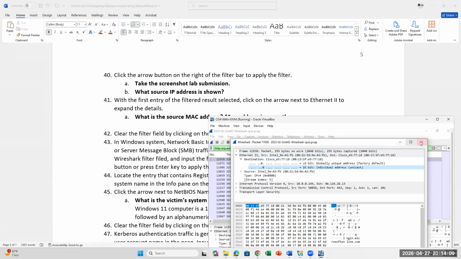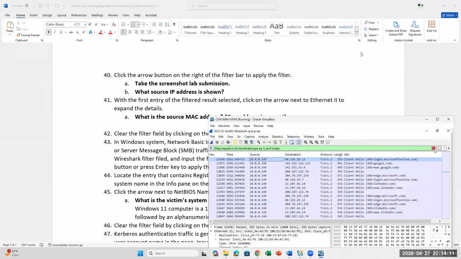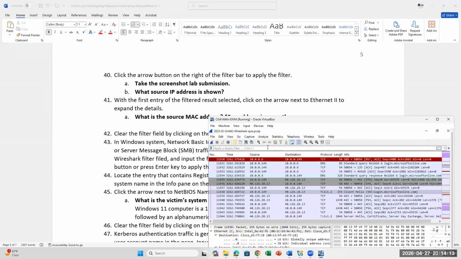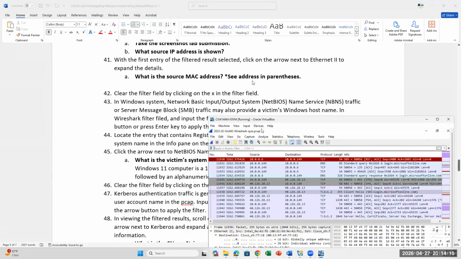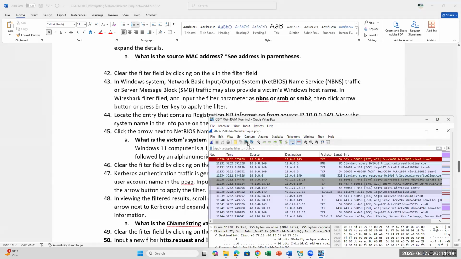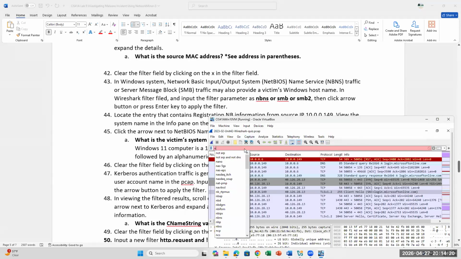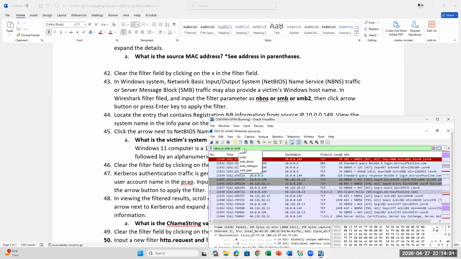So I'm going to close this window. I'm going to click the X to clear my filter. I'm going to come back here. And to complete step 43, I'm going to put in NBNS or SMB, basically the protocol in lowercase, or SMB2. And if you read the step description, basically it's a way that the system can provide its name, right,